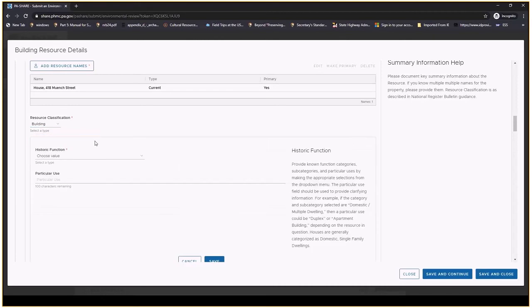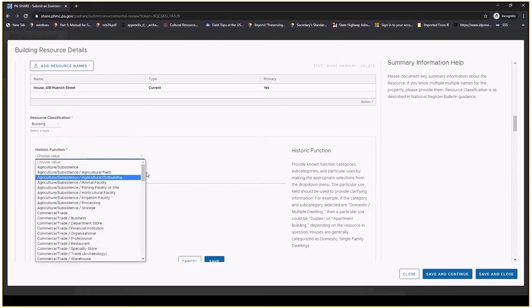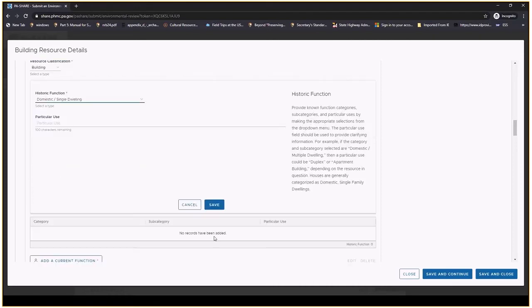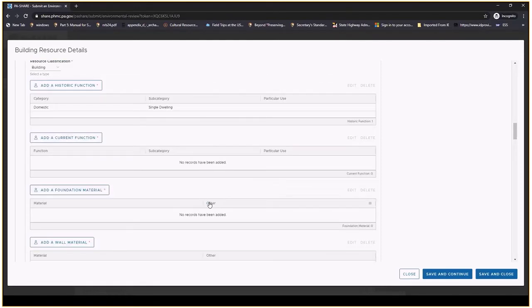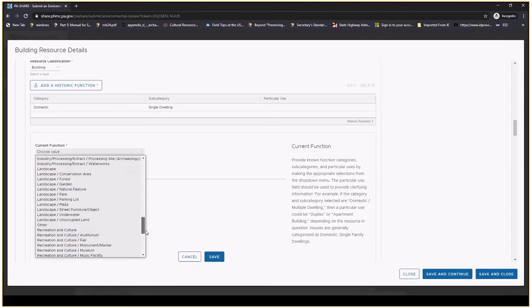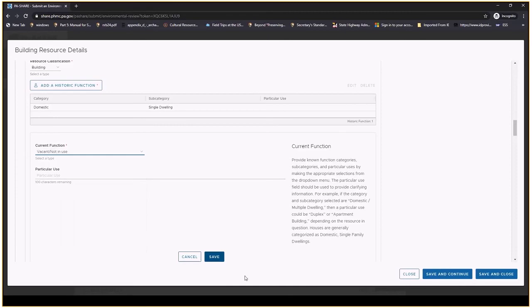I can add a historic function. Again, for a dwelling, it's going to be domestic single dwelling. If it was an apartment building, we could use domestic multiple dwelling. But you can scroll through the options here, which are the National Register functions, and decide which works best. If you have questions, you can always contact our staff. So domestic single dwelling, I'm going to save, add a current function. Well, right now we know this isn't vacant, so we're going to save vacant,